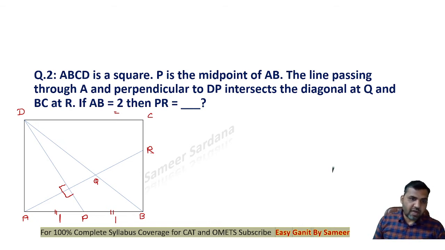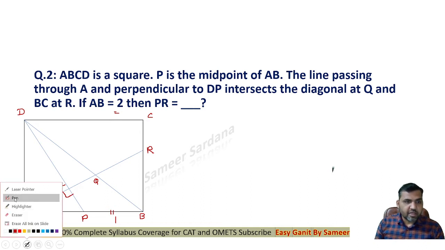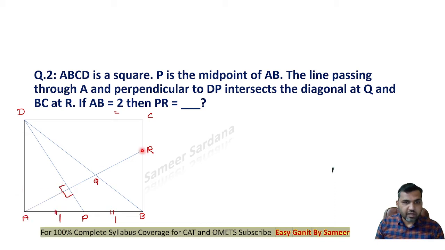Now we are supposed to find out the length of PR. This is the length that we need to find out, right? See guys, if I want to find out the length of PR, I first need to find out BP and BR. Now I know that this angle at B is 90 because this is a square. If I can find out the length of BR, my job will be done. All I need is to find the value of the side PR, which is very easy.